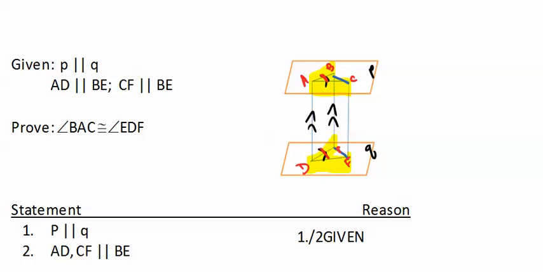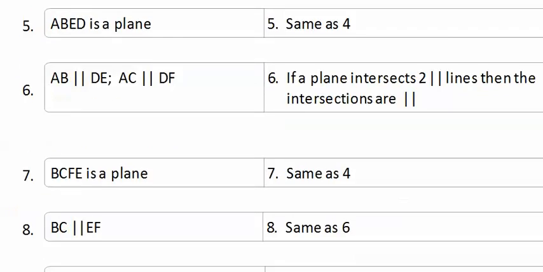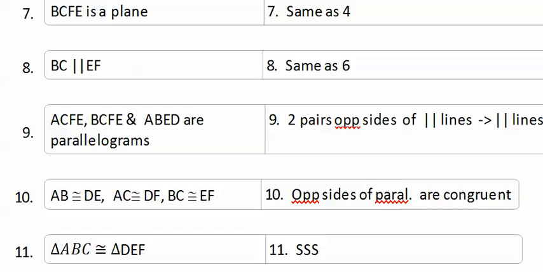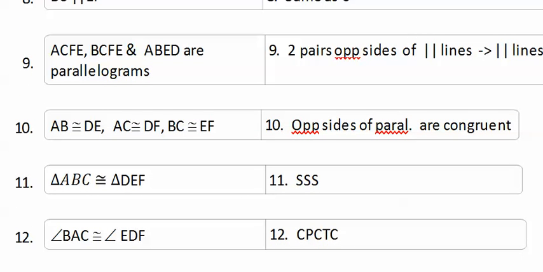So AB is congruent to DE, and then we can establish the same with AC being congruent to DF, and then finally BC congruent to EF. And that's enough information, having all three sides congruent, to establish the triangles are congruent: triangle ABC congruent to triangle DEF. And once the triangles are congruent, the angles BAC and EDF are congruent based on